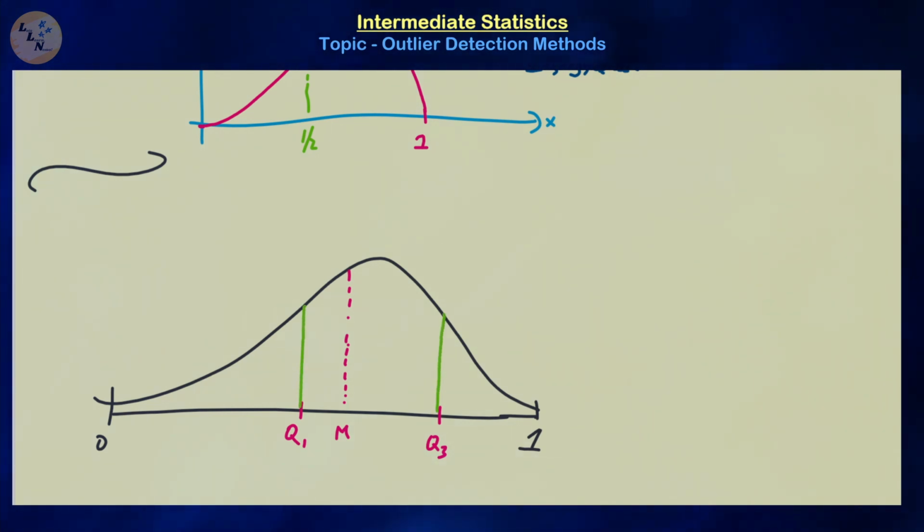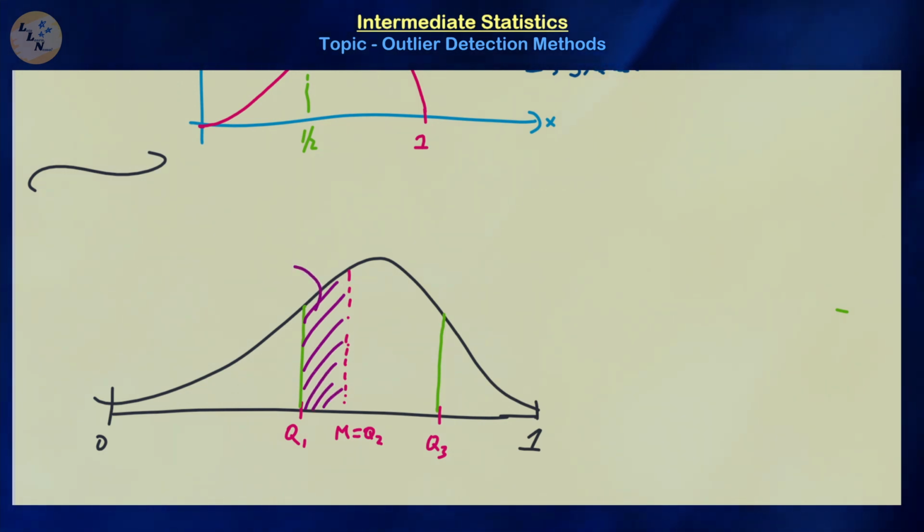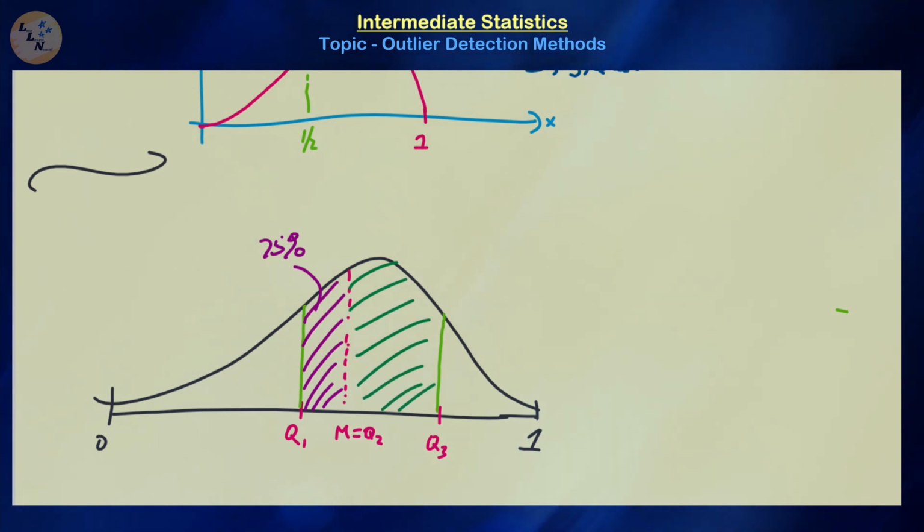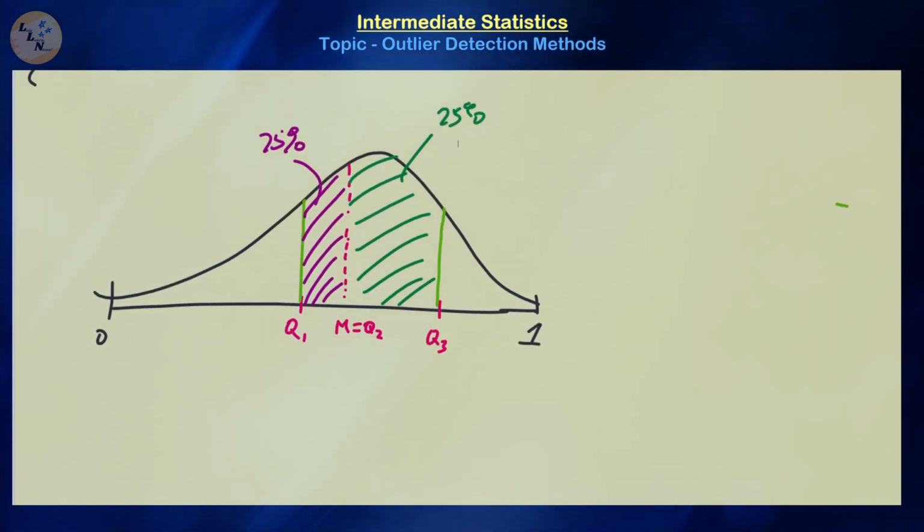Remember, the median cuts this distribution in half, 50% to the left and 50% to the right, because the median is Q2. So this area here should be 25%, and this area here should be 25%. Okay, so if you know how to solve these backwards integral equations via, say, Desmos or some other software,